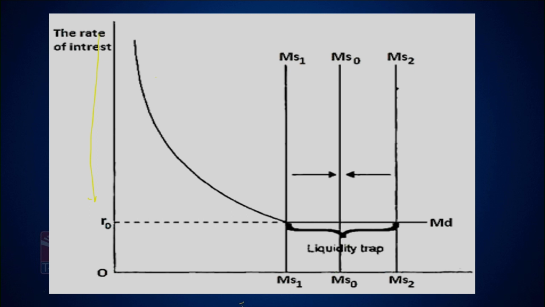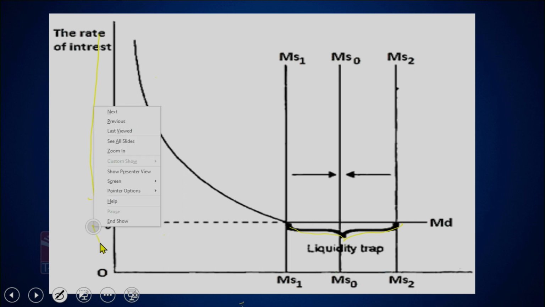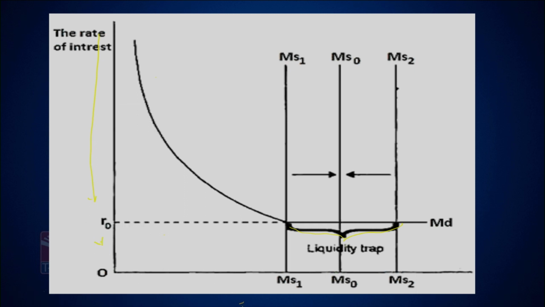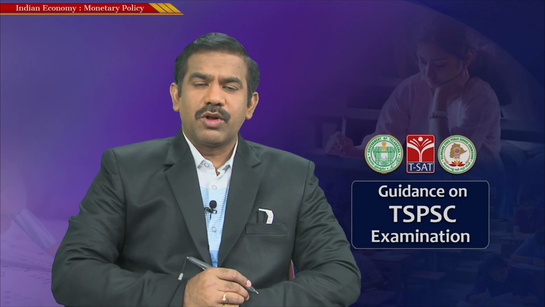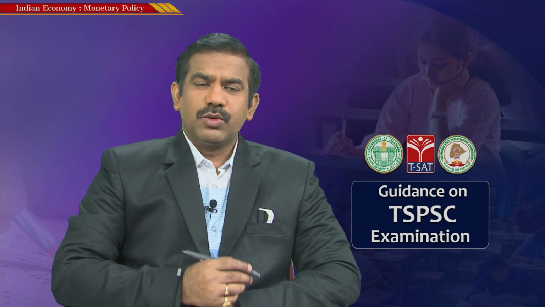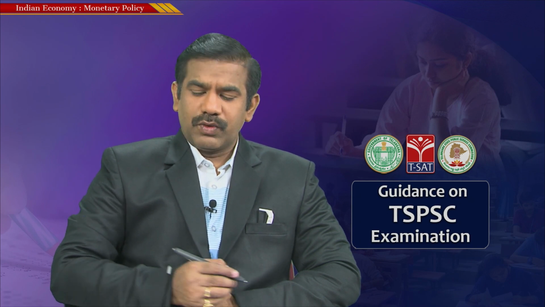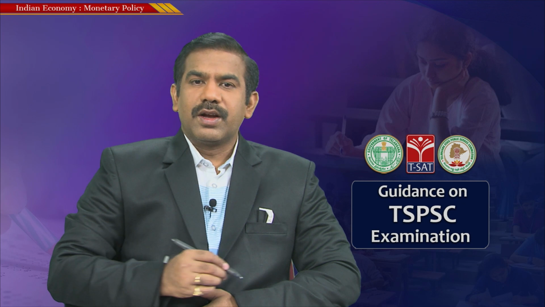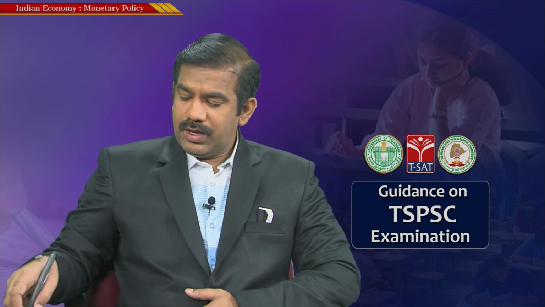Sometimes these actions might result in a liquidity trap within the economy. A liquidity trap is a scenario where any further increase in money supply or any further reduction in interest rates does not result in an increase in credit supply or offtake of credit, because people might not be interested in borrowing money even at very cheap rates. That particular situation is what we call a liquidity trap. Okay. Now let's look at the other aspect.